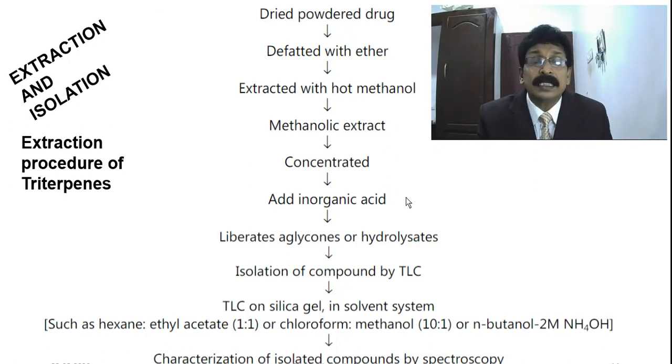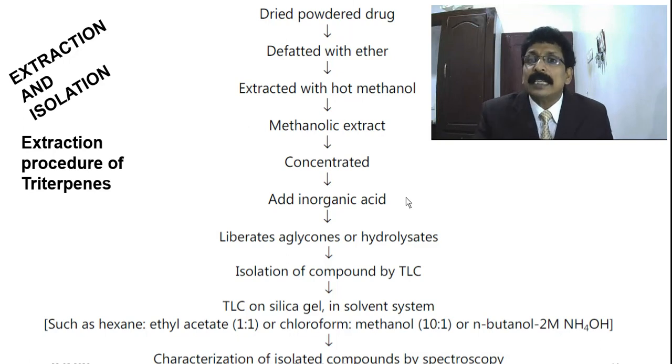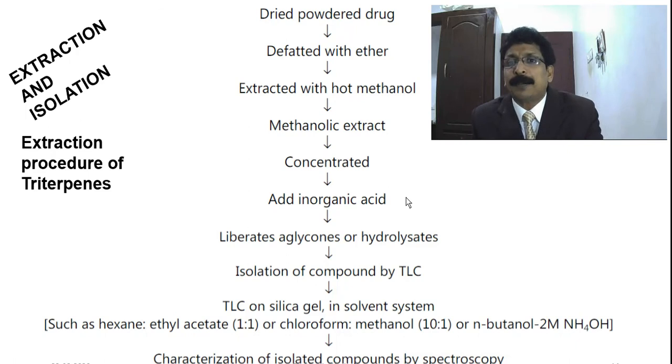In the solvent system, there will be a mobile solvent and a stationary phase, and the compounds will move through the mobile solvent, which has the capacity to separate the mixture of compounds. So we have to use various polarity changes and various mixtures of solvents as the mobile solvent. This may change according to the temperature and the condition of the environment. We have to change it according to the trial and error method.